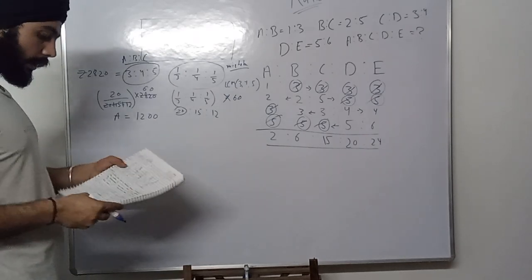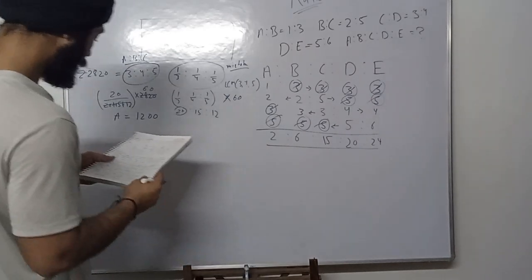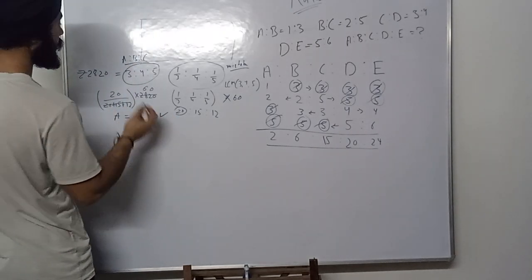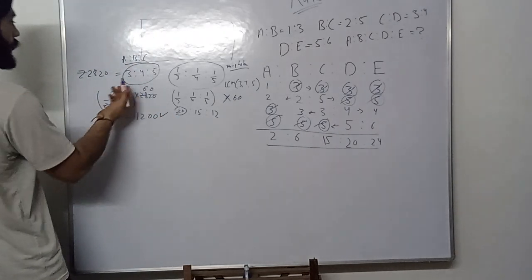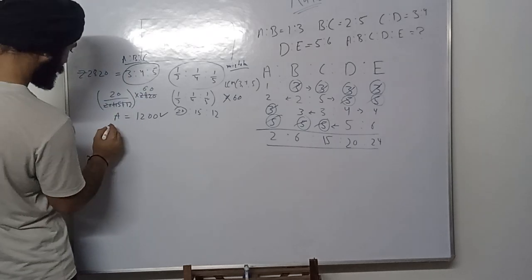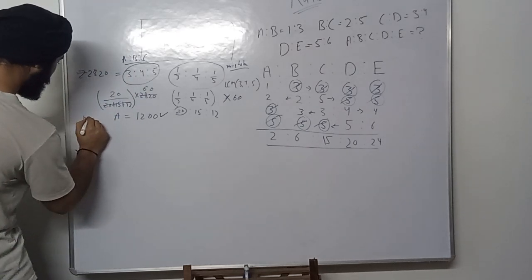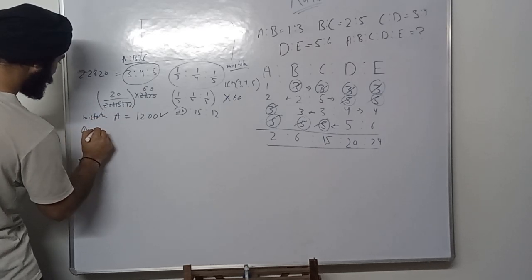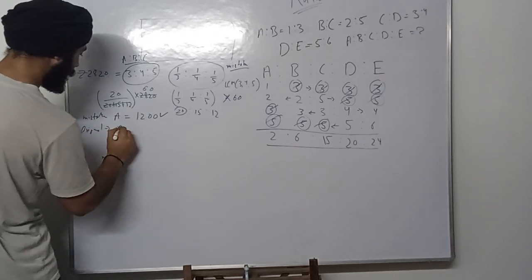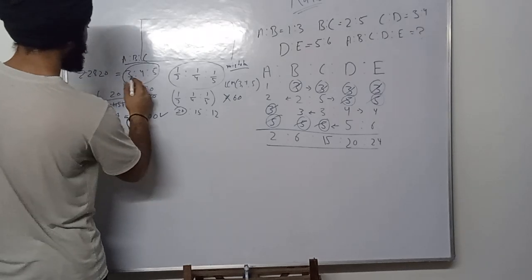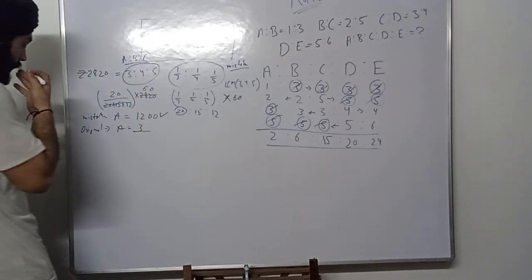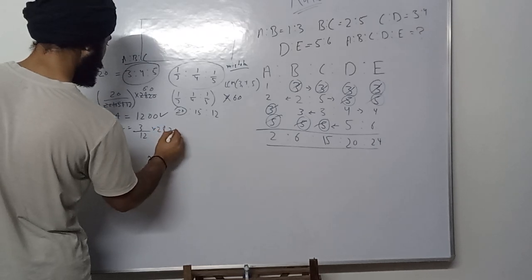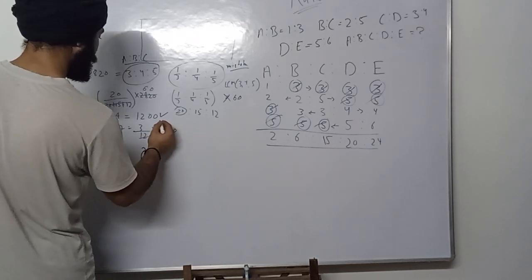So we need to find A's gain. A's gain means this is the amount he got by mistake, and this is the amount he deserves. So we need to find the deserved amount also. The mistake one, and the original. Original A is equal to 3 by 3 plus 4 plus 5, that is 3 by 12, into 2820,